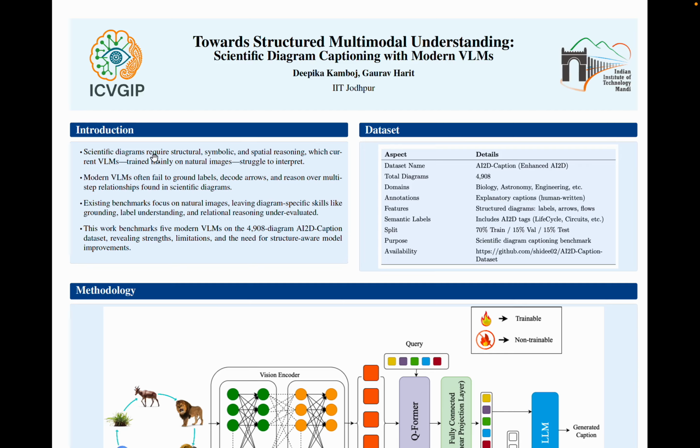Scientific diagrams are very different from natural images. They rely on structural, symbolic, and spatial reasoning. This includes understanding arrows, labels, part-whole relationships, and multi-step processes. However, current vision language models, which are mostly trained on natural language or natural image datasets, struggle with these diagram-specific skills. They often fail to correctly ground labels, decode symbolic arrows, and interpret relational chains present in educational